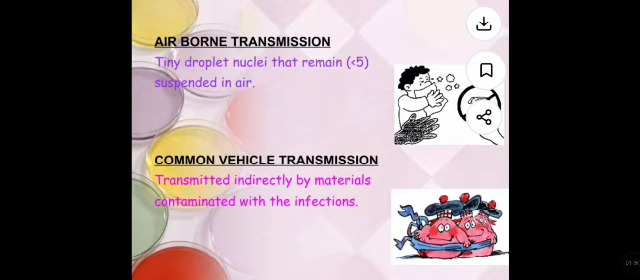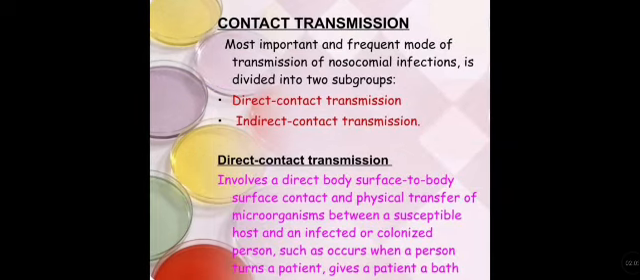Airborne transmission. Tiny droplet nuclei that remain suspended in air. Common vehicle transmission. Transmitted indirectly by materials contaminated with the infectious agent. Contact transmission. The most important and frequent mode of transmission of nosocomial infection. It is divided into two subgroups: direct contact transmission,